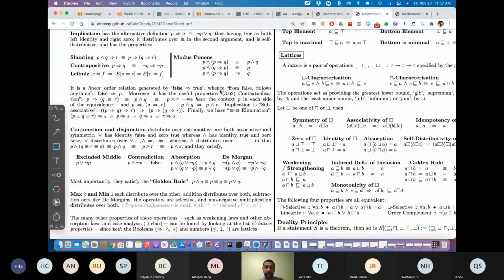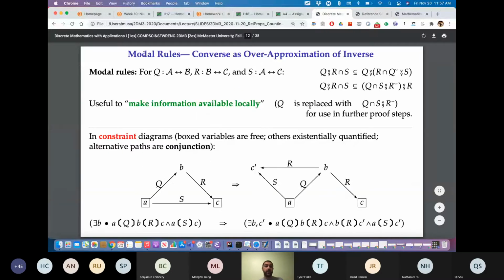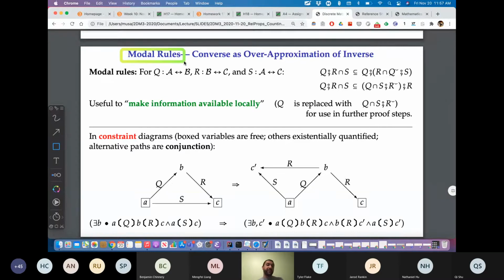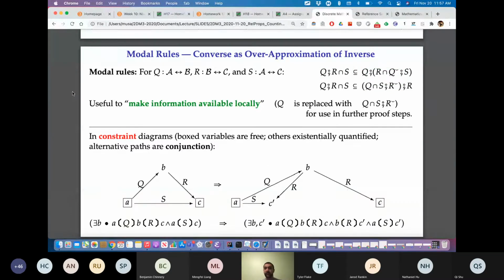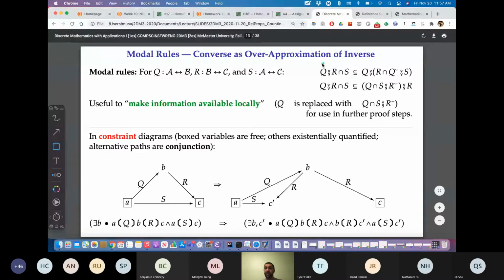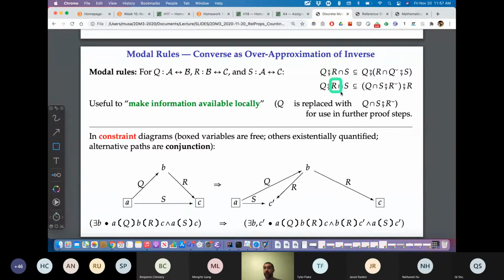So here's this one. 362 is a useful rule to know, right? We've mentioned for you 332 before. And today we're mentioning this modal rule. Modal means to change the shape or the mode, and here we're changing the shape from here to this new shape. Right? The name is not very clever, I guess. It's a very obvious name. I have one shape and I've changed it to another shape. Duh. But it is a very helpful rule. So I just want to spend some time on it. And of course, instead of pulling out q, I can pull out r. I pull out r to the other side, and then I stick an r in converse.